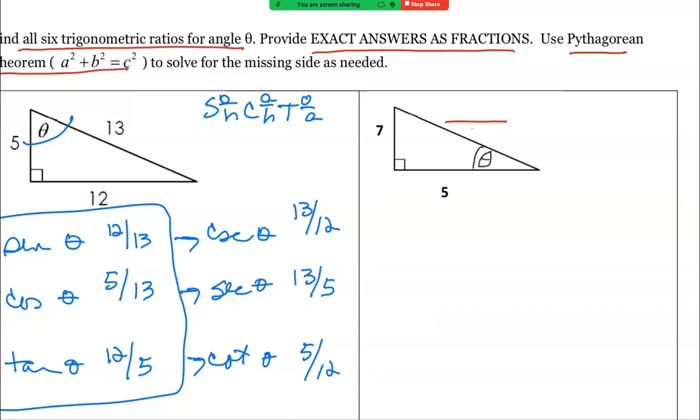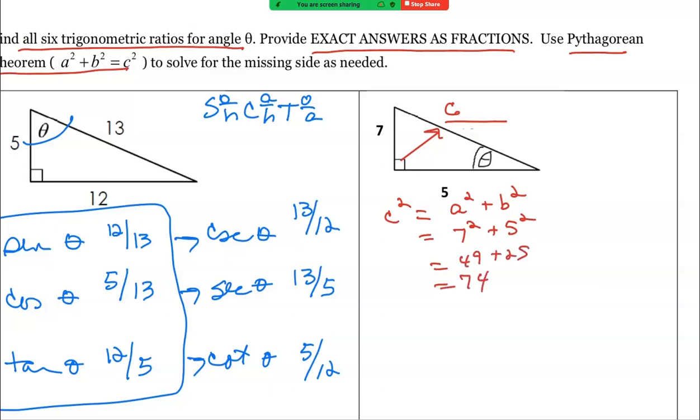So what I'm going to do is find that missing side using the Pythagorean theorem. That is the side across from the right angle, so that's your C side. C squared equals the square of the remaining legs: 7 squared plus 5 squared, that's 49 plus 25, that's 74. Remember, that's not C, that is C squared. C is radical 74. So I know I'm going to have to do some rationalizing when I get my 6